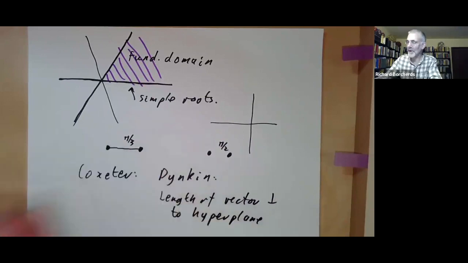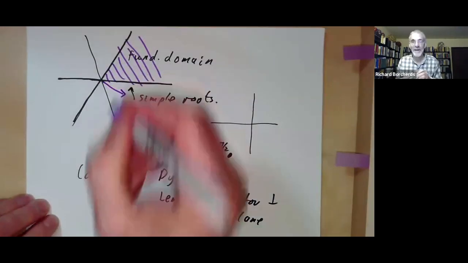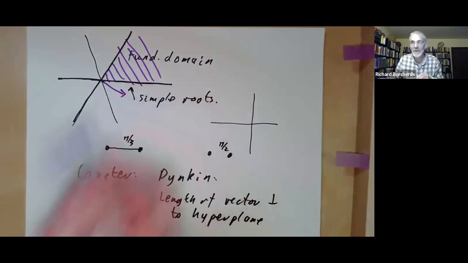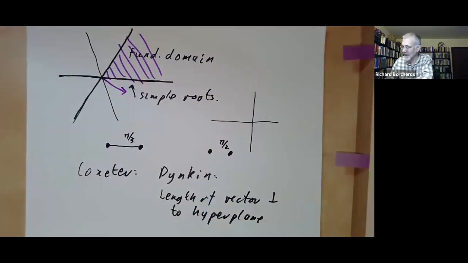So you can indicate a hyperplane by choosing a vector orthogonal to it. And the Coxeter diagram doesn't care about the length of this vector. In the Dynkin diagram, you put a little bit of extra information saying what the length of this vector is. Furthermore, these vectors have